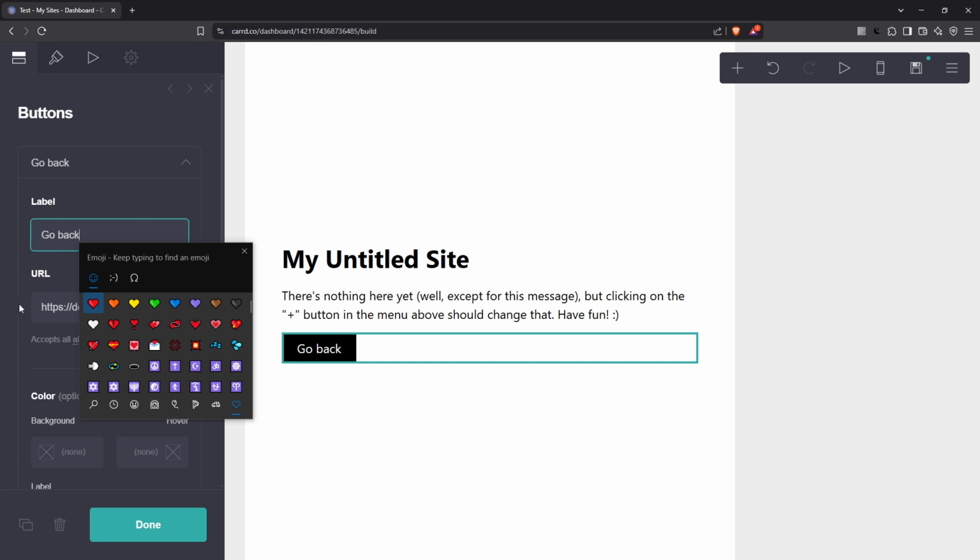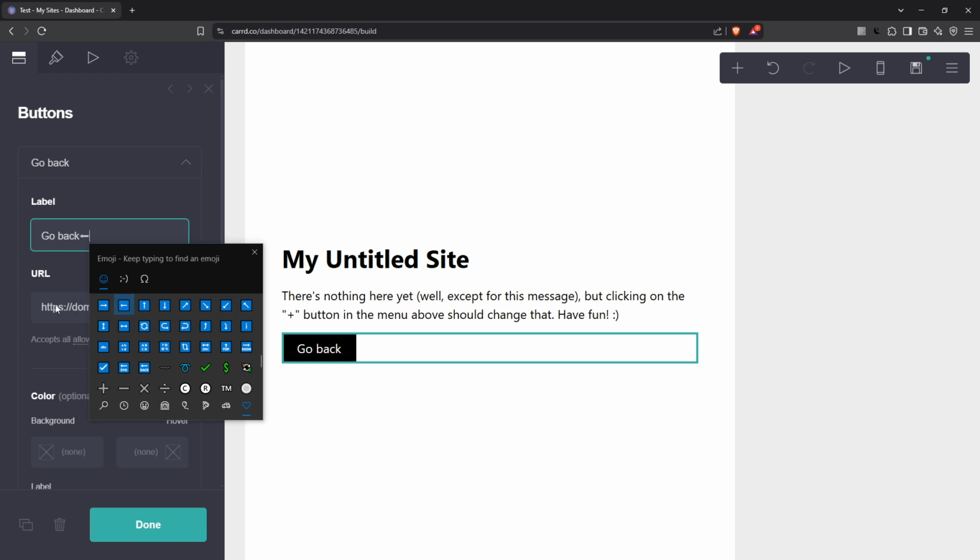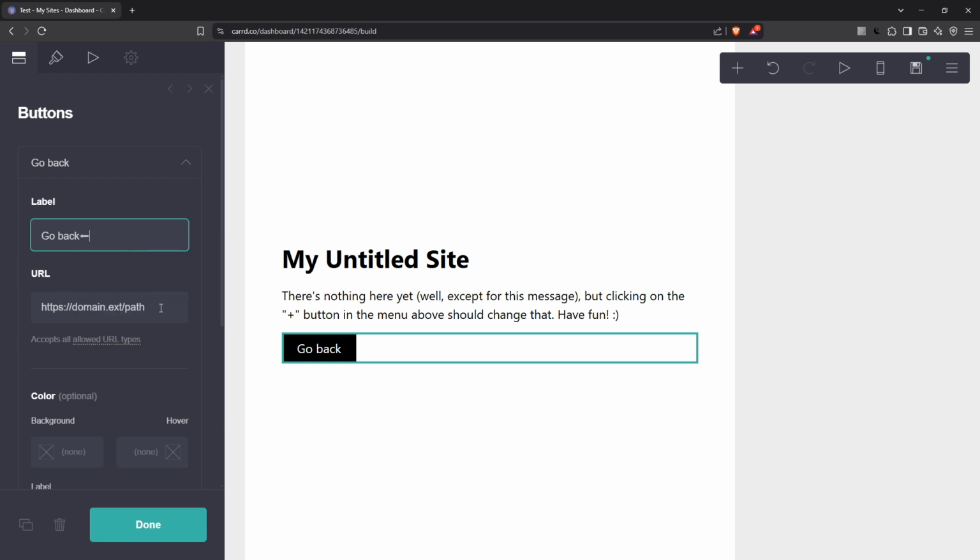Next, you'll need to specify the action for this button. In the URL field, where you normally enter a link or address the button will redirect to, you will input a special JavaScript snippet. Type or paste JavaScript: window.history.back. This piece of code is what makes your button function as a go back button. Essentially what it does is tell the browser to take the user to the previous page they visited within their